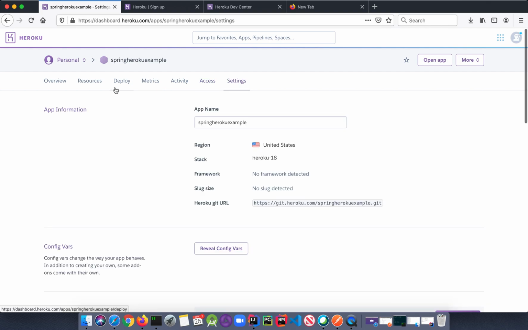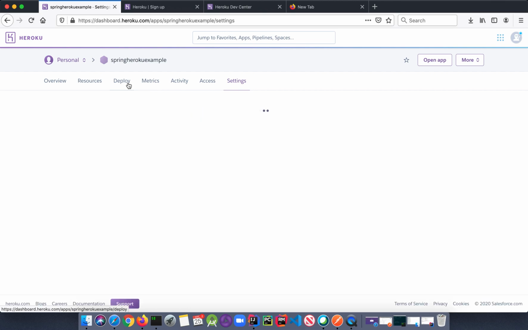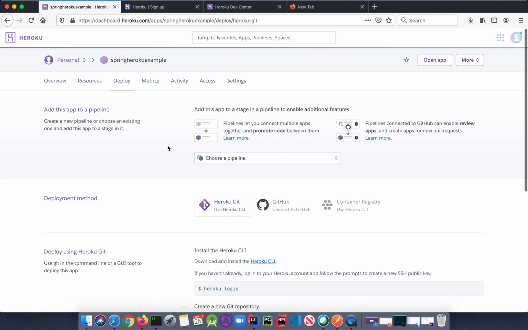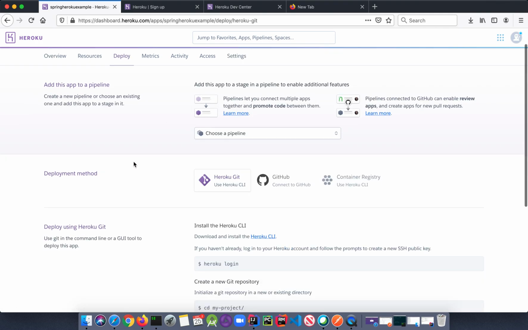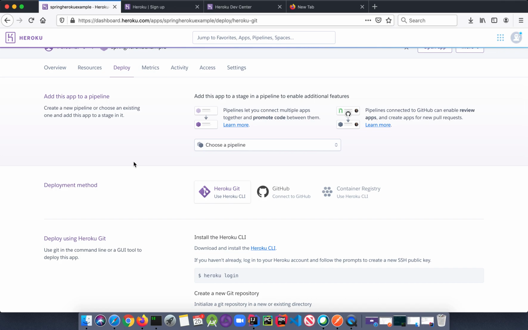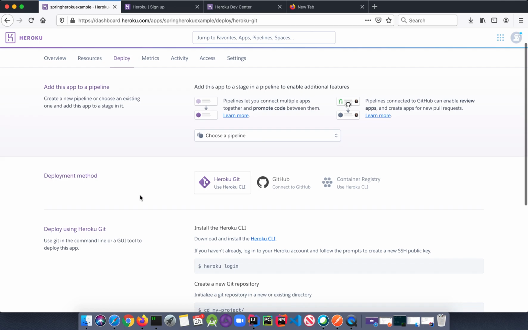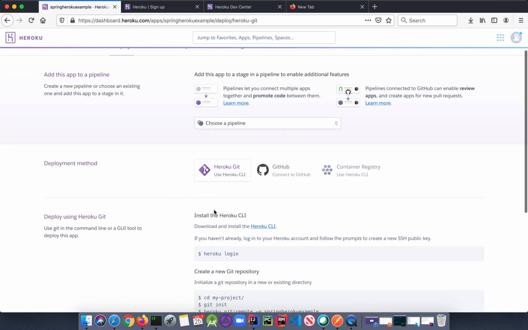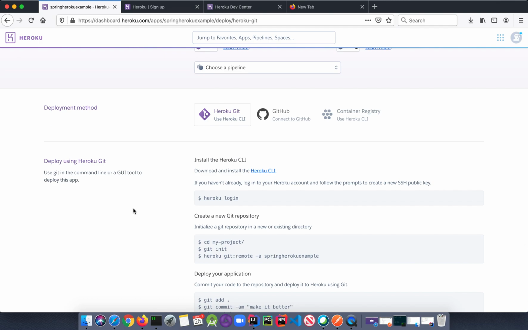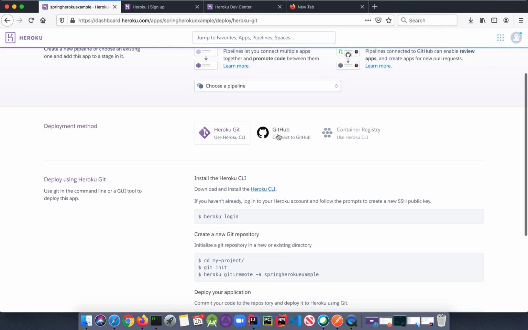Mainly you'll be using two tabs, like deploy. Here there are options like pipeline. We'll be seeing it in our next video, guys. And here, for the deployment method, you can choose either the command line interface, GitHub, or container registry. Here I'm going to select GitHub.